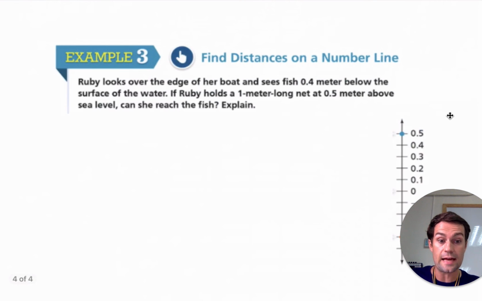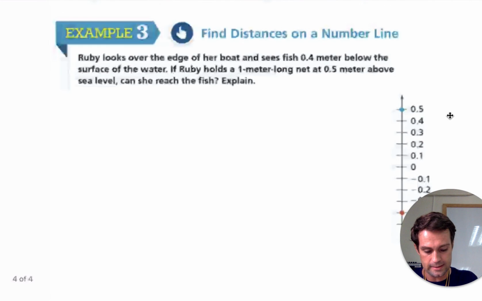Ruby wants, so this is our last example. Ruby looks over the edge of her boat and sees fish 0.4 meters below the surface of the water. If Ruby holds a 1 meter long net at 0.5 meters above sea level, can she reach the fish? Explain. So here is the sea level. Okay, so we have the sea level here on the number line. Sea level. Okay, up here is the edge of the boat. So the net, okay, Ruby holds a 1 meter long net at point. So this is